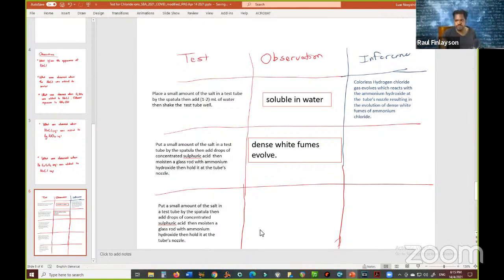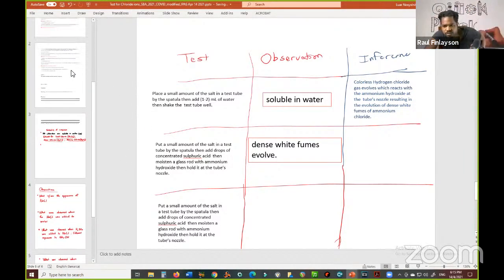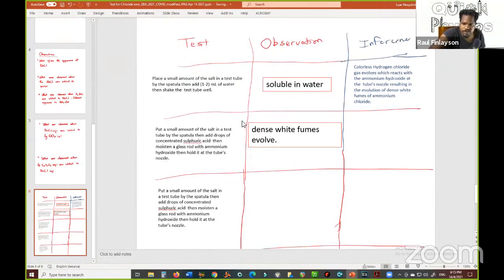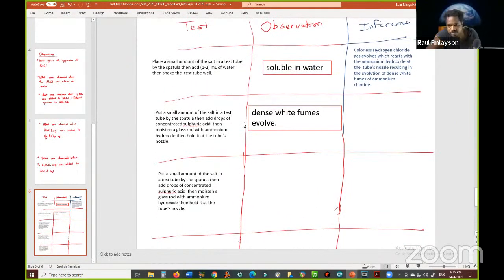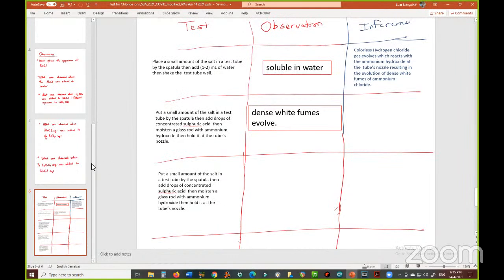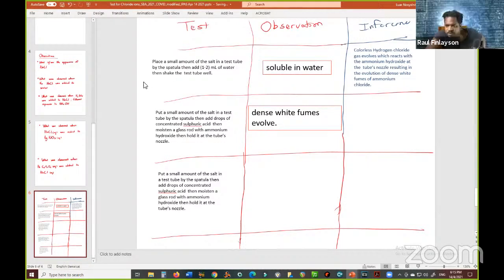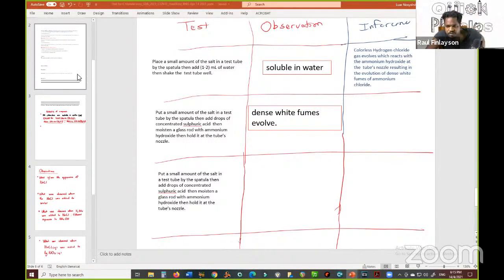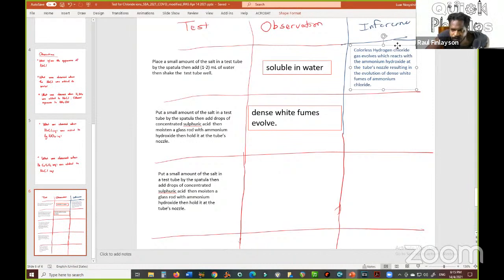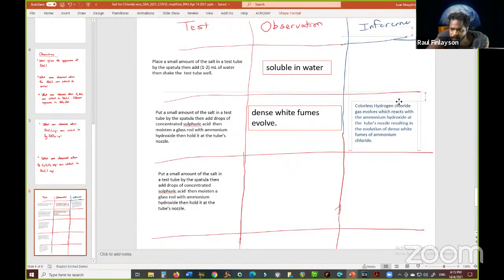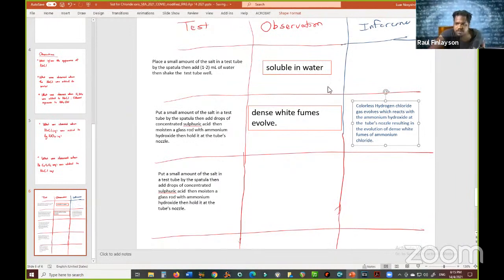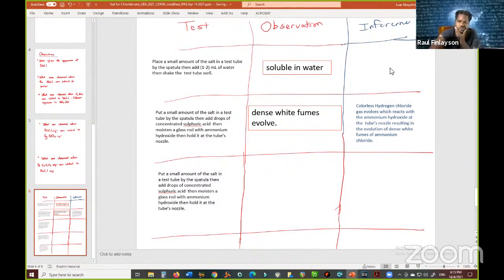All right, now. All right, everybody understand this? Yes, sir. I was doing it also, sir. Only thing I didn't do the test and the inference, but I wrote in all the observations. All right. Yeah, well, let's get the inference there. All right, let me see something here. Was this the correct one? No, I think this one's supposed to be here. You're not going to have an inference with this one. Well,